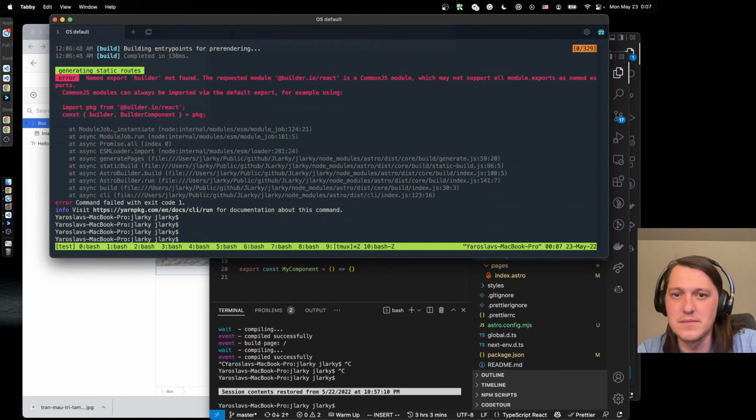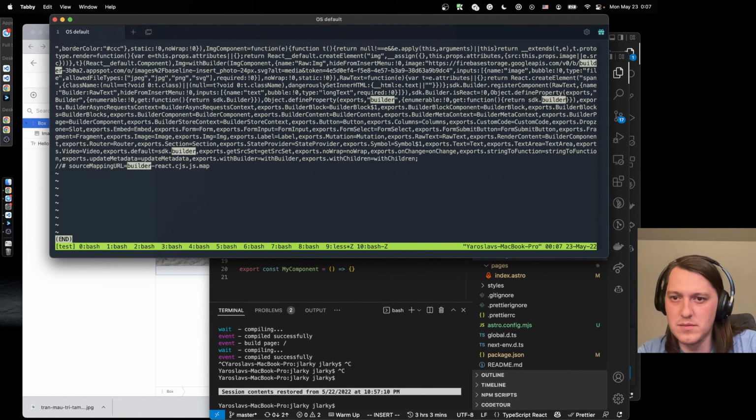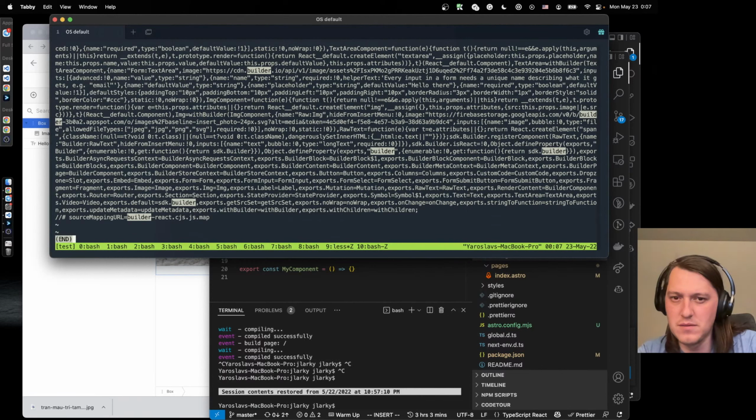Okay, so we were looking at the common.js, I guess, like that. Builder. SDK builder. I don't know what's the difference between. Okay, so exports builder.